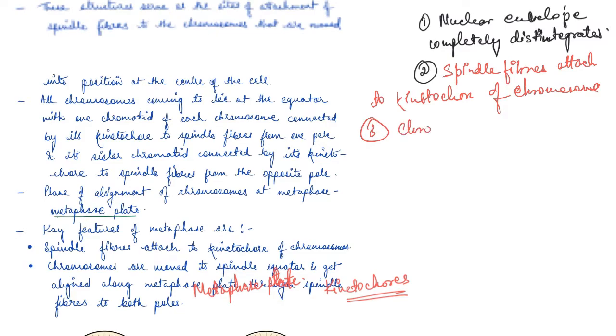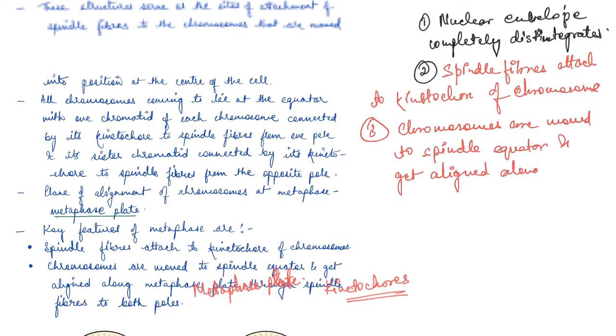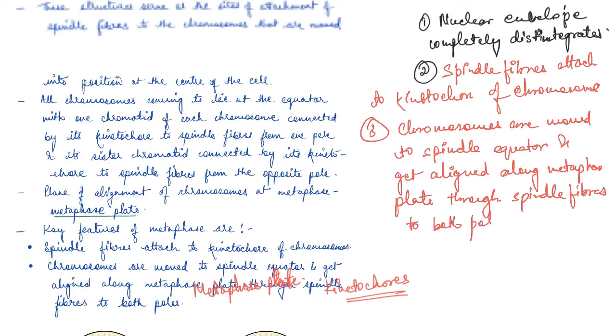So chromosomes are moved to the spindle equator, and they get aligned along the metaphase plate through what? Through spindle fibers, and to both the poles, right? To both poles. So if you see the diagram as well, guys,